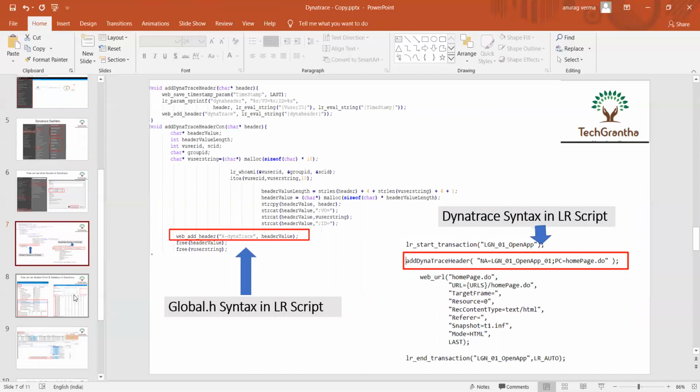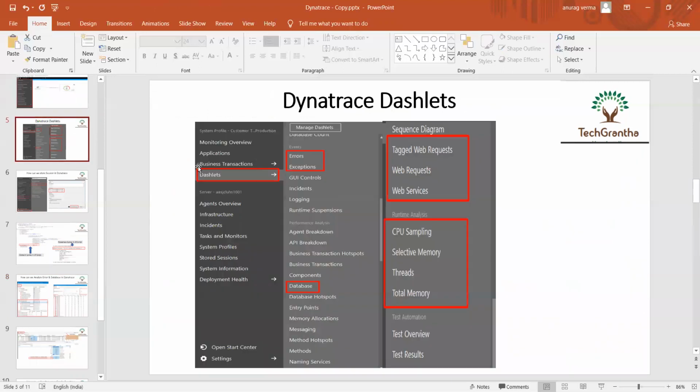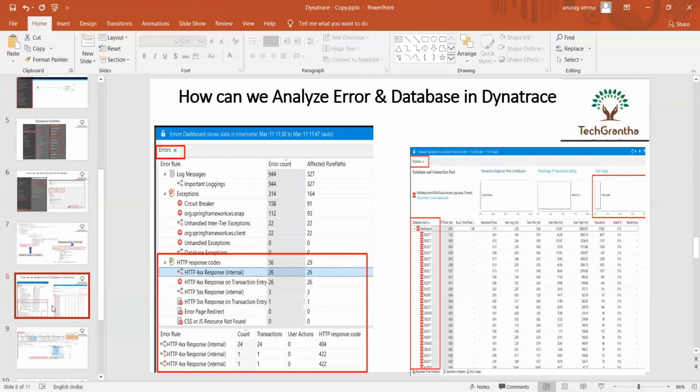Apart from that, what else comes under monitoring? As I said, if you go inside the dashlet, error and database information is available. Just click on Errors. When you click on it, there are a lot of HTTP errors available. You can click on a particular one, and it will tell you the total count and how many transactions are causing that particular HTTP error.